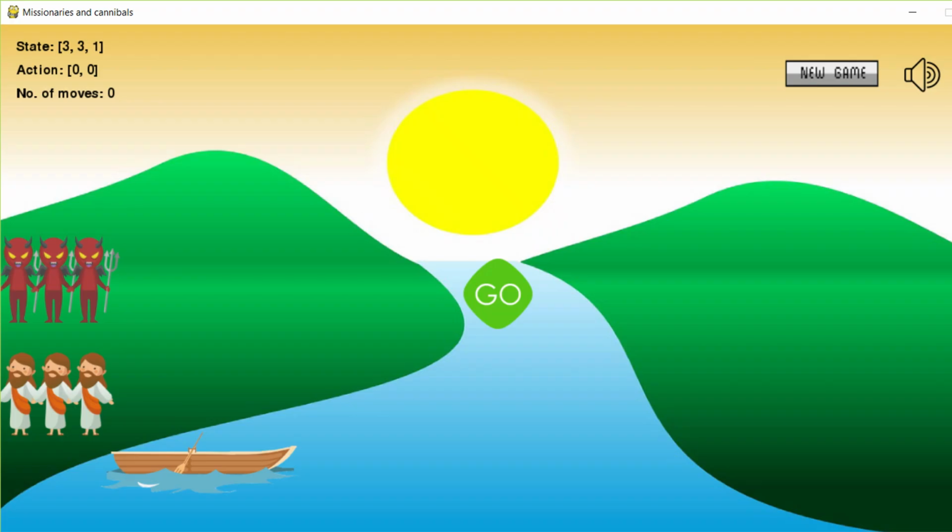Okay, so what are the constraints? Moving left to right and right to left, everything is movable, but at least one missionary or cannibal must travel in the boat from left to right and right to left in the process. And the number of moves should also be considered. Okay, so we have the 8 moves. And one more thing now: